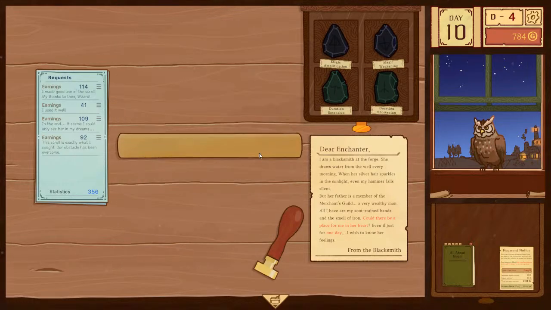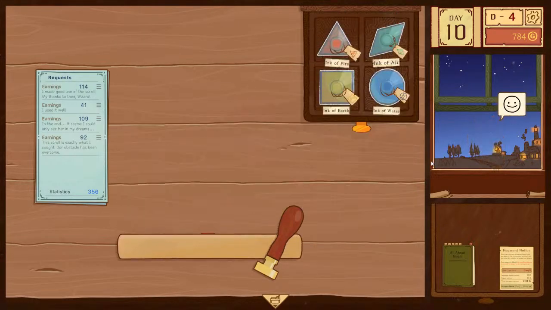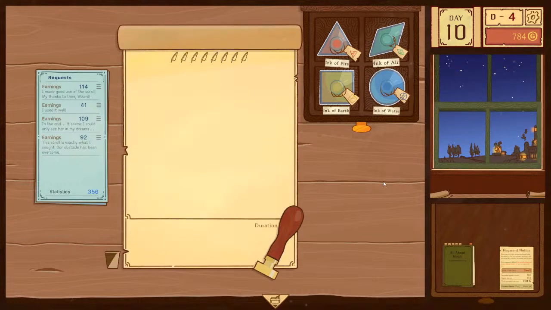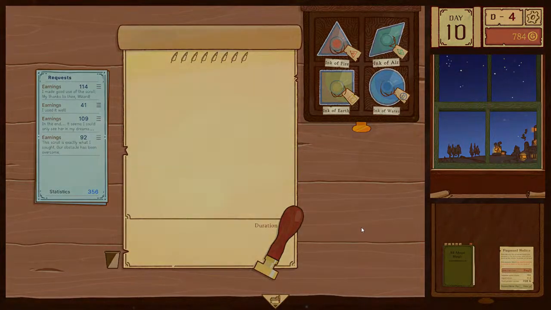Go with this one. It's probably wrong. Oh, it was right. Yay. Good. Charm magic would have been weird.